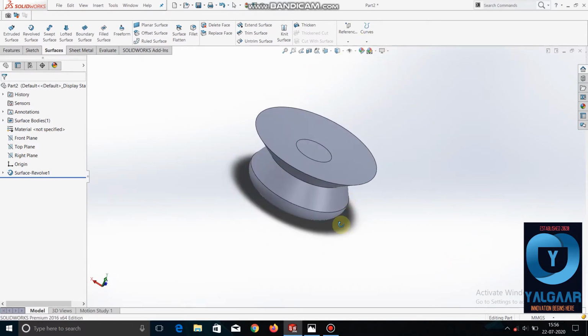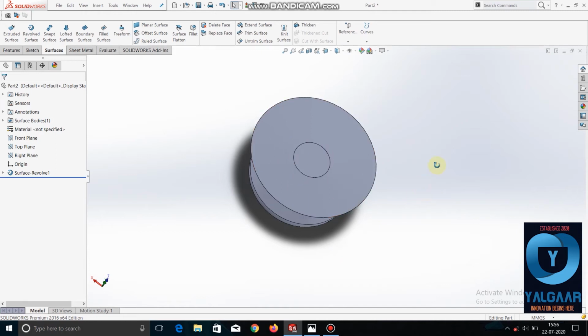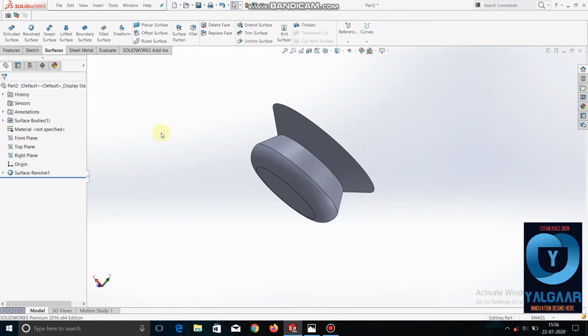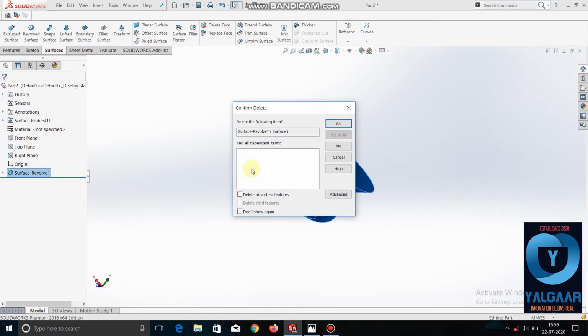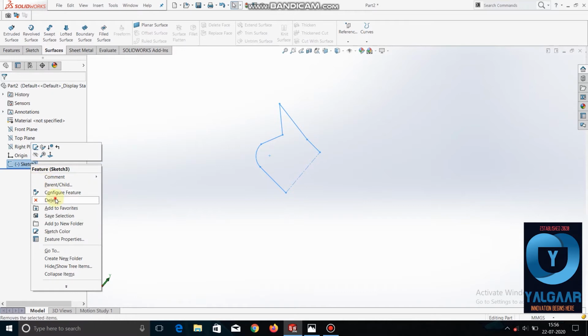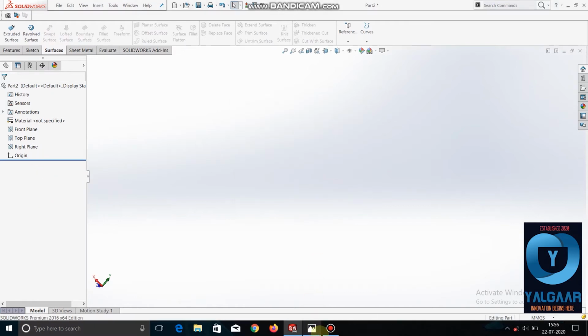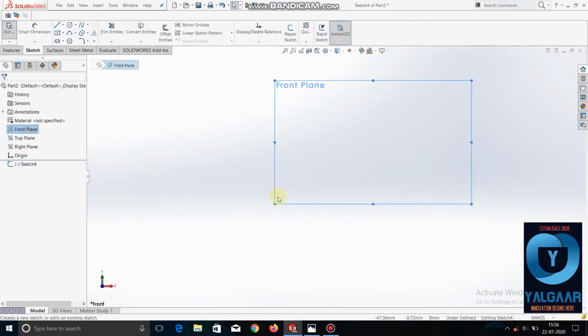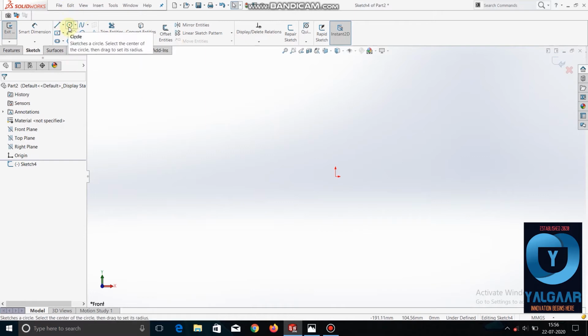Now we will see lofted surface and swept surface. We will first clear this. Now we will select the front plane first. We will draw something here. We will draw a circle.